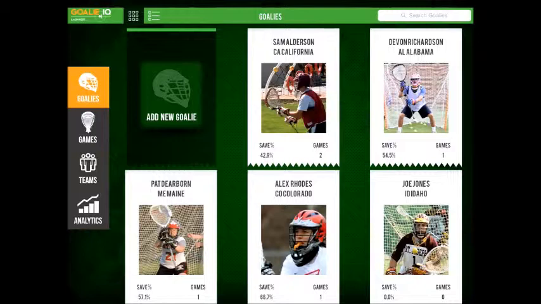Okay, now that we've got Joe entered into the goalie profile, we're going to add a game for Joe to play in today. And we're going to do that by looking over at the far left-hand side of the screen, and you see a Games button with the goalie stick on it. So let's go ahead and touch Games over on the far left, and that's going to bring up our game